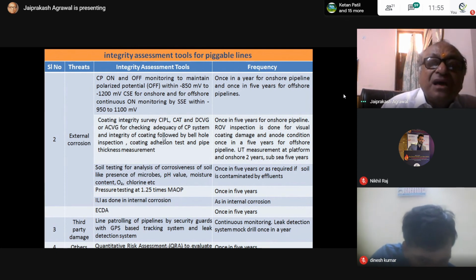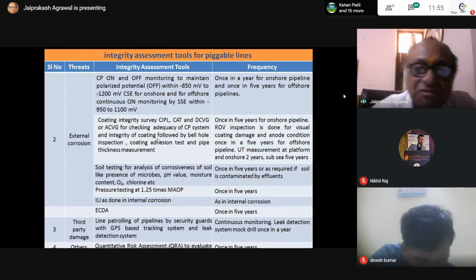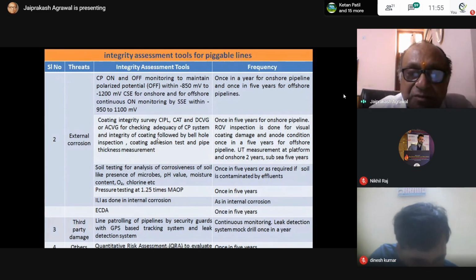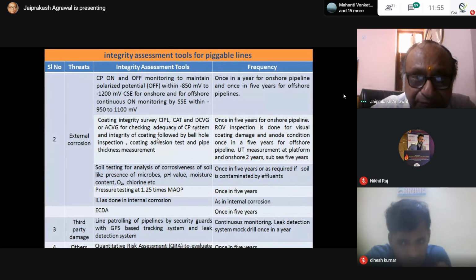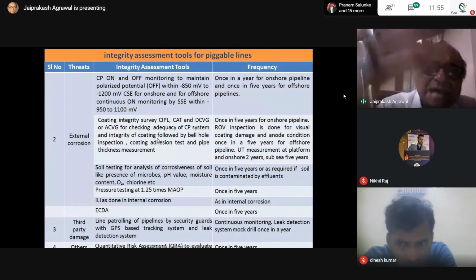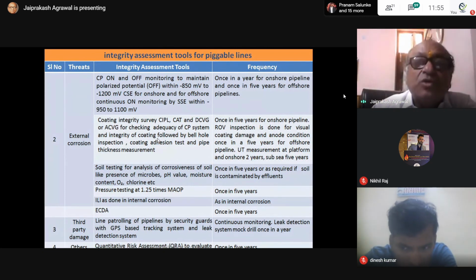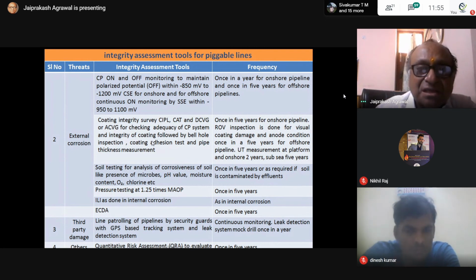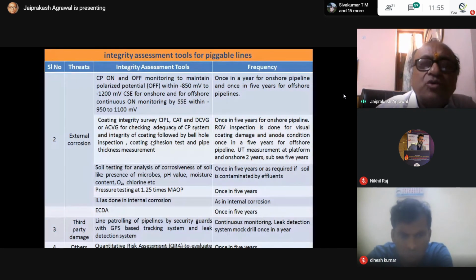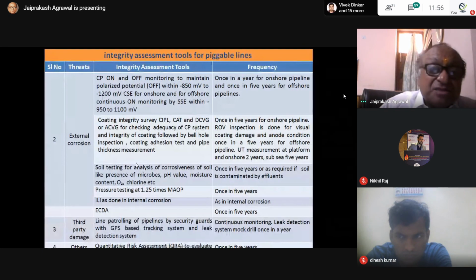So when we discuss the external corrosion direct assessment and internal corrosion direct assessment, this will tell you what tools are required. But I have given you the complete details of the tools and what should be the frequency. It is up to you to select, depending upon the circumstances, which tools to use. Normally 2 tools you select for the indirect assessment and for the direct assessment.